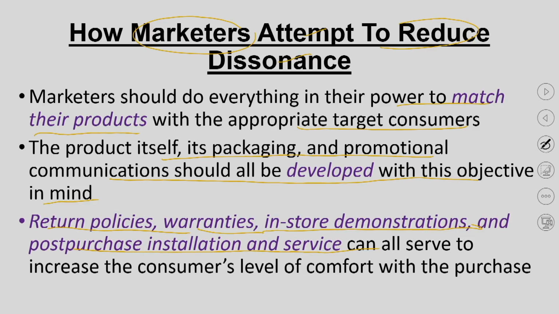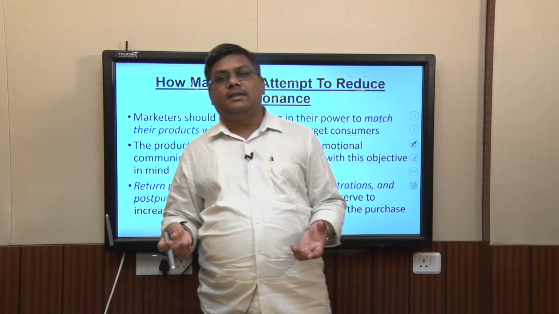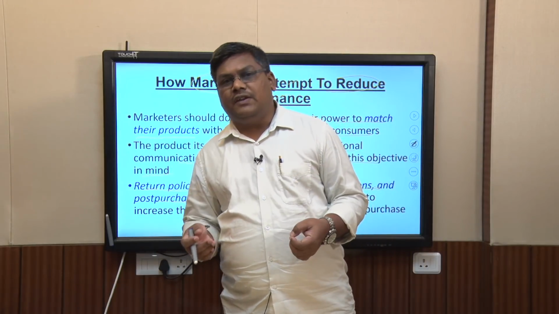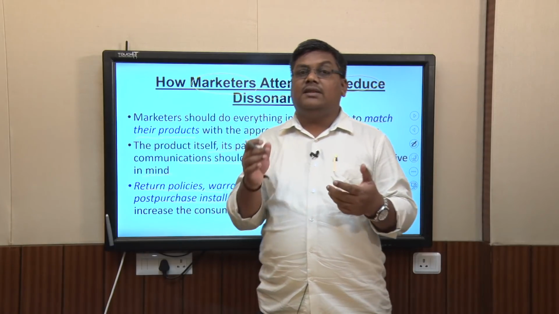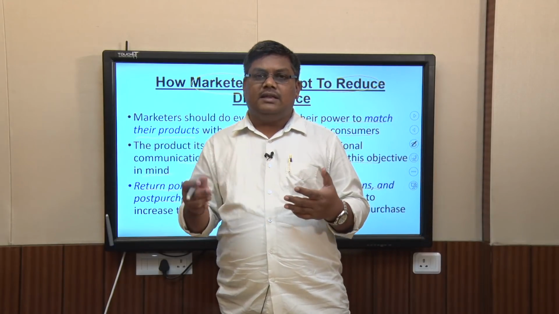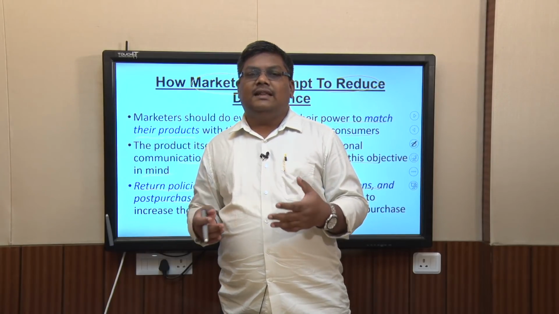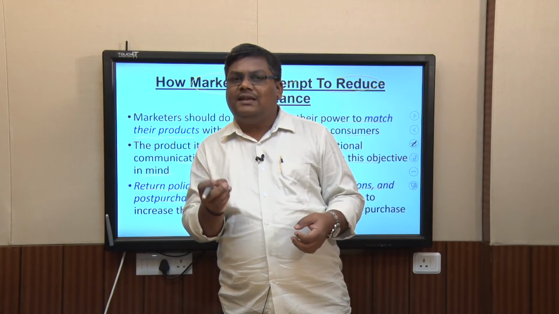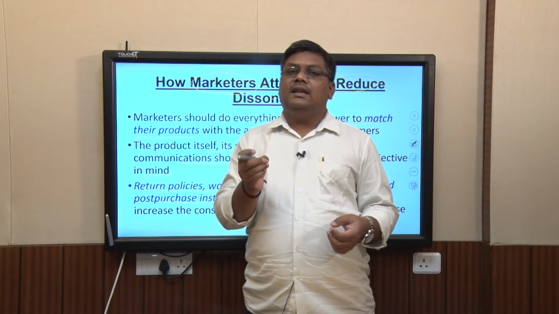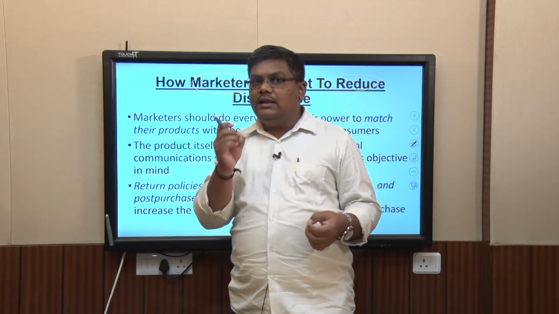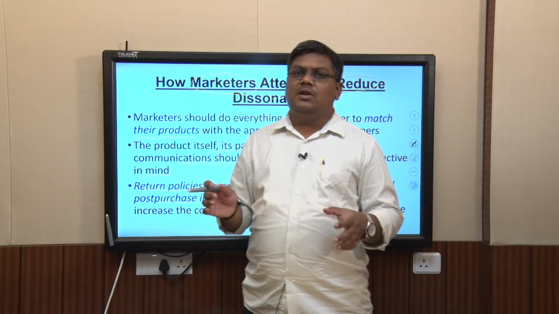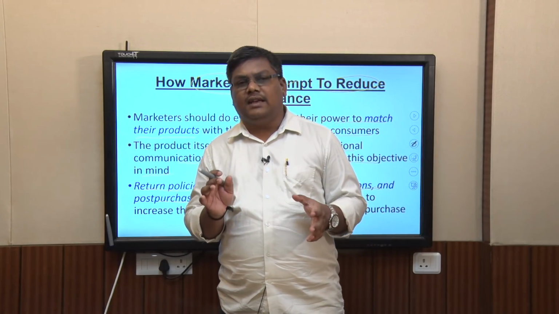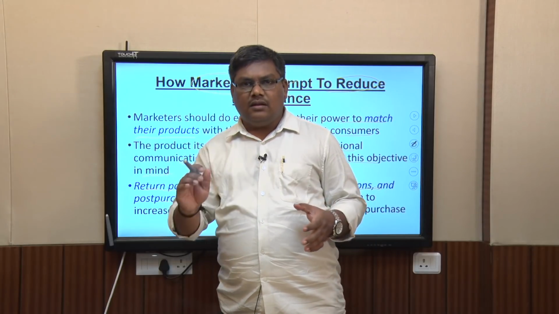So, you can think about no-questions-asked return policies, and give warranties on products if they fail, or somehow cover the idea that if the product fails then it would be taken back, and that is why you have this 30 days return policy or 7 days return policy, the no-questions-asked kind of thing. So, these factors help the consumer in deciding on the product, or basically lower the cognitive dissonance. Or you can give product demonstrations and offer post-purchase installation services and so on. So, a range of factors that the marketer can take care of, and that will reduce the cognitive dissonance